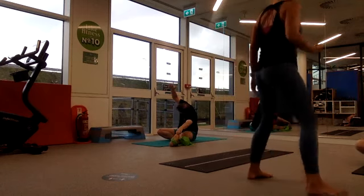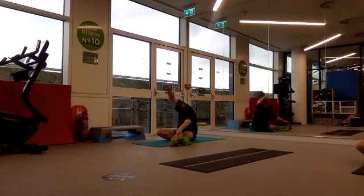Push your right hip further down into the ground. Don't fall off, don't fall off. Right, turn your toes towards the sky on that left foot. Push your right hip down. Touch your arms down, push your back to the